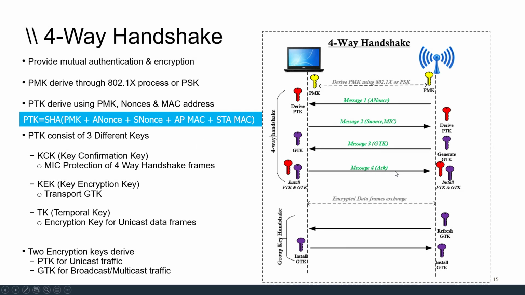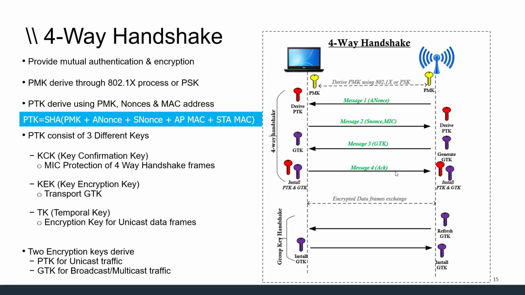Okay, let's go through WPA2 Personal, how we can secure a network using WPA2 Personal. Before going into the detail of WPA2 Personal, you should understand something called the four-way handshake. If you remember the last section where we discussed client association, once you go through the initial authentication and association request and response, the rest of the frames will be unencrypted, in clear text. But at this time, we have to derive certain keys for traffic encryption.